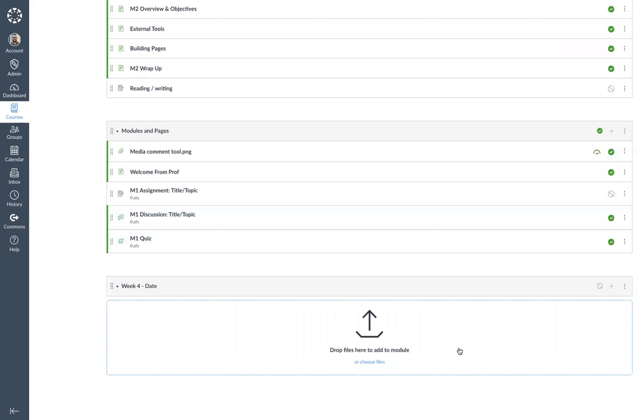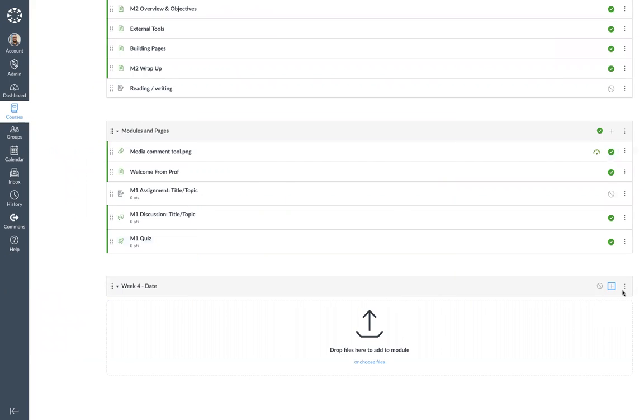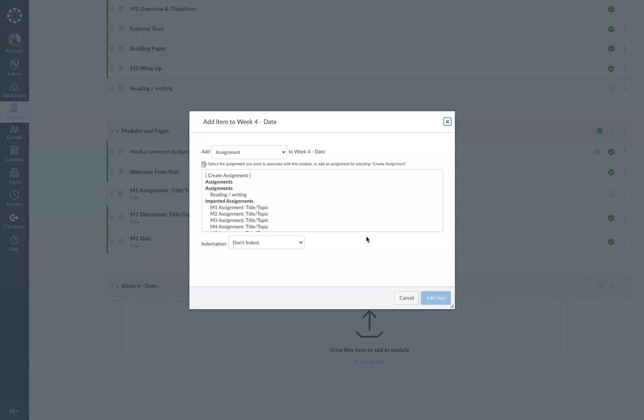Here's where the module is. And then I'm going to click on this plus sign. If you can see it, it's on the right of where it says week 4 and the date. I'm going to click there, and then you're going to see that this window is going to open up. This is an item window, which means that anything that is an item in your course, you're going to have access to it here. If it is assignments, you would choose from an assignment. Now, it doesn't mean that you're bringing the assignment here into this module. It means that you are linking to the assignments page from this module, right? If it is a quiz, it works the same.